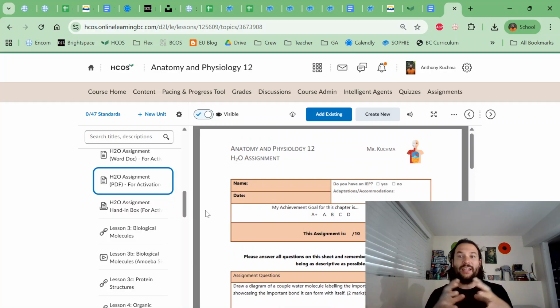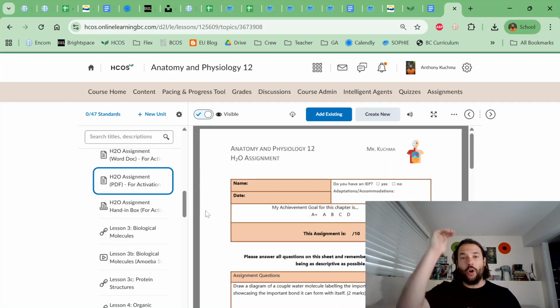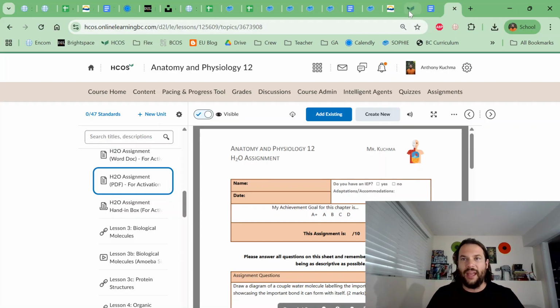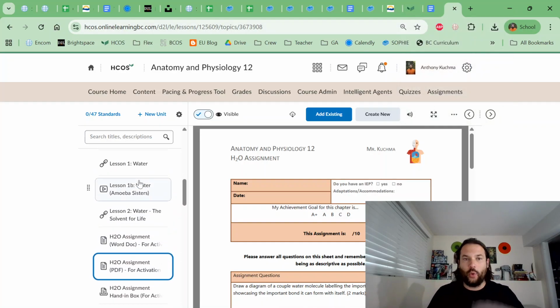And what that is important for is that when you get active, it shows your teacher that you're good. And then I can actually see the day that your teacher marked your course and you got an active date. So I comb through all of your profiles eventually to check how many courses you've activated, or how many courses you haven't activated. Okay, so that is an important piece of the first couple weeks of September, is you really need to get courses activated. And that is a quick tutorial on what that looks like for my course.